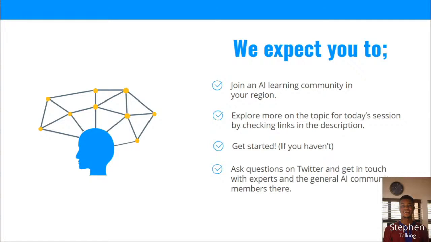Like I said, ask questions on social media, tweet out your favorite people. If they're not responding, tweet out the community itself. It's an amazing community out there, the AI and data science community. Most of these experts are willing to get you up and running and so on. So if you haven't started ML, get started. That's the toughest thing to do, but once that's done, you're well on your way, to be very frank.